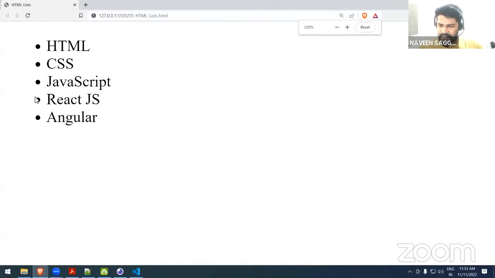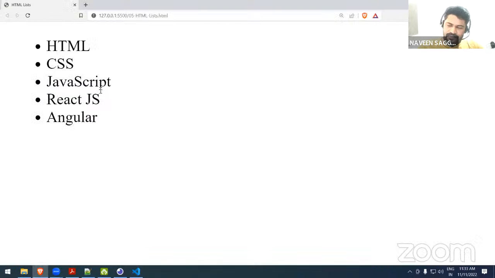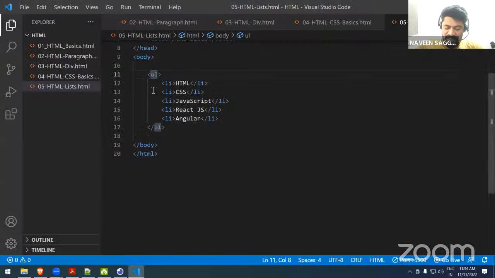Yeah, 100%. See, you got only dots, right? Because UL is an unordered list, you get dots. In real-world, real-time applications, instead of using these dots we use icons. Icons we'll discuss when we start with Bootstrap. But still, in HTML, there are some different types of these dots or circles. You can mention here